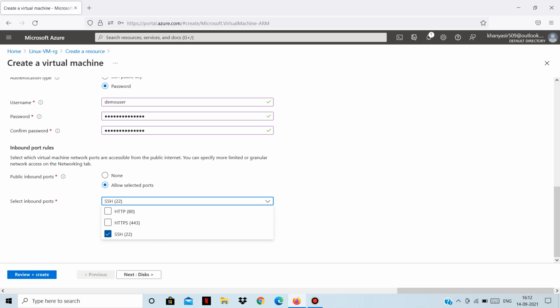Also, we will be hosting a website or basic workload on this Linux virtual machine. So to access that website, we need an HTTP port also to be open, that is port 80, so that our HTTP request is accepted by the virtual machine. Otherwise, our HTTP request will be denied. So we need to allow this HTTP also so that we are able to access our web page or website running in this Linux virtual machine.